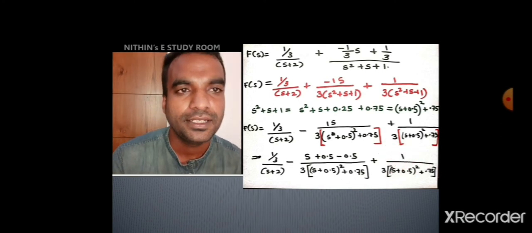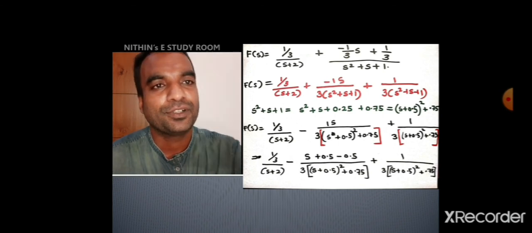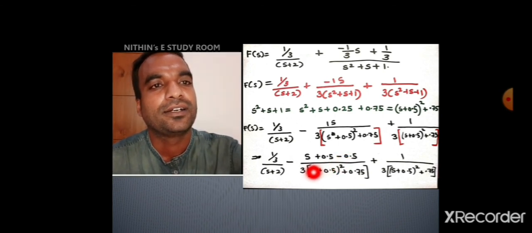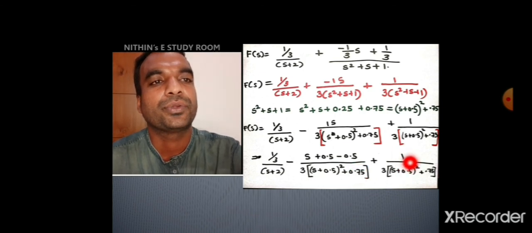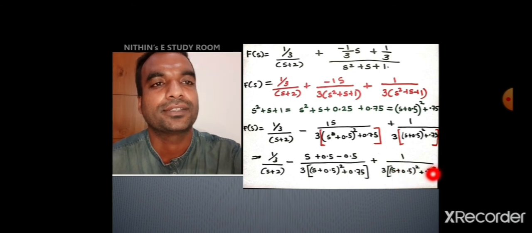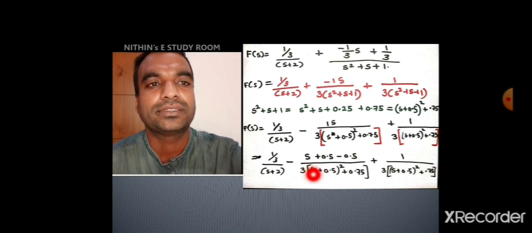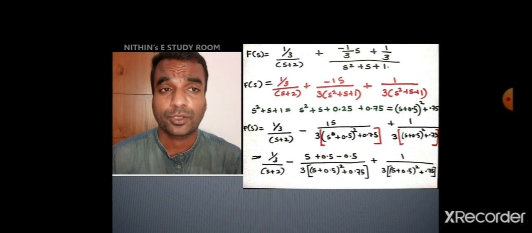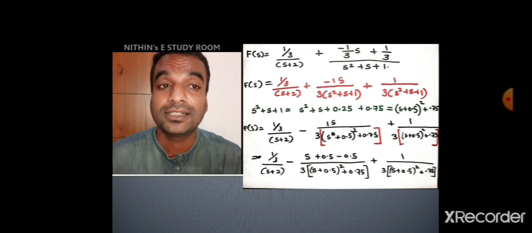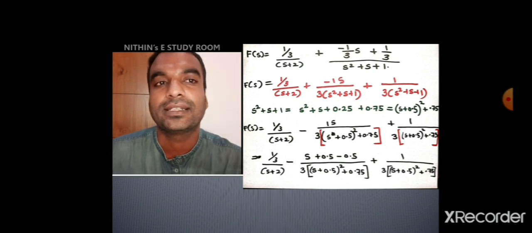Now you may get some idea, because this is a cos term, s by s square plus omega square. And this one we have to convert into a sine term, omega by s square plus omega square. But it is not a direct term, shifting is there, s plus 0.5 is there. Here also s plus 0.5 is there. For that I have added plus 0.5 here also. Then only the entire term will come into the format of F of s plus a, where if shifting is there, for all the s terms, the same shifting we have to apply. Okay, we will check in the next step.